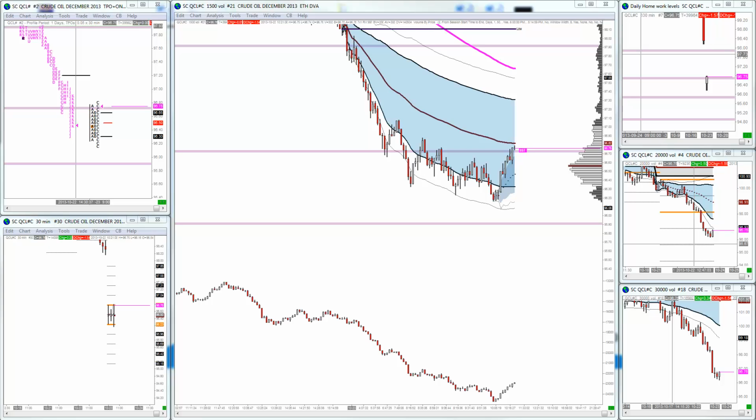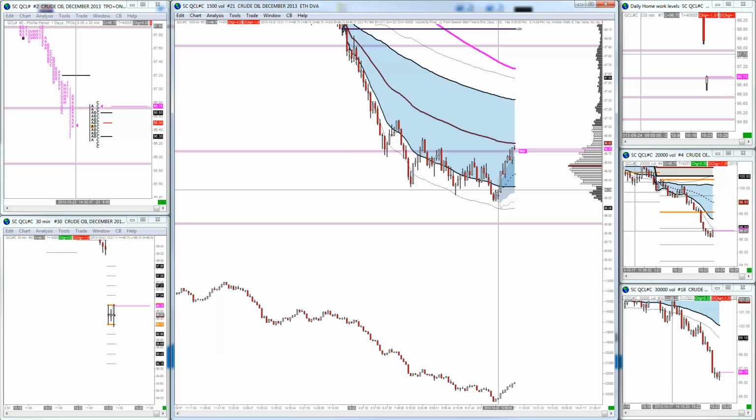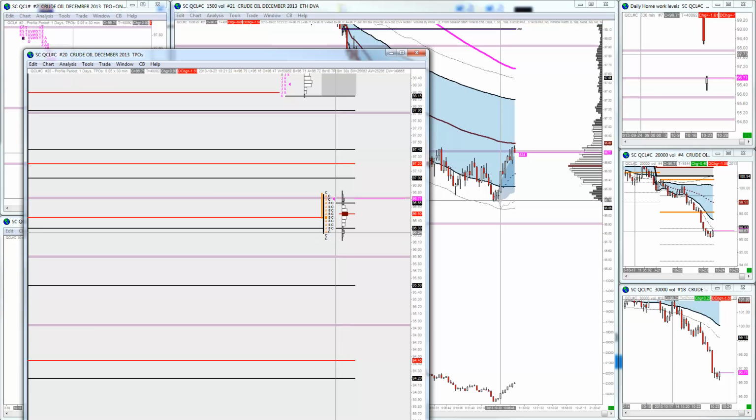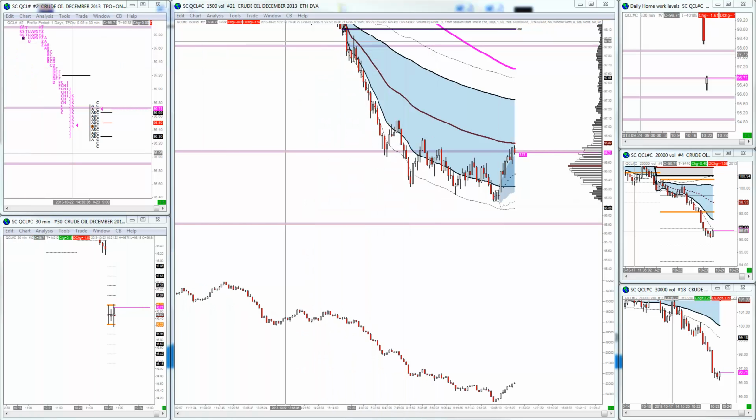I got out of my crude position, pretty much break even. We see some responsive buying from the low of this distribution like I was anticipating, and we see no follow-through in C period, so this now becomes a sort of buying excess tail here. Into these crude inventories we could go either way, but I'm expecting a partial gap fill here, and at least